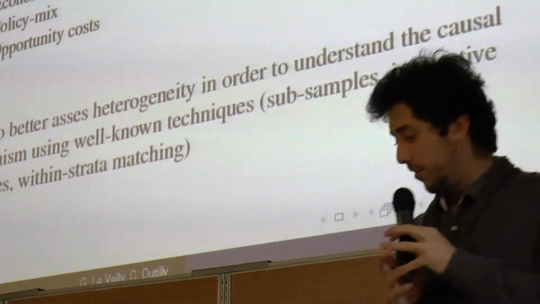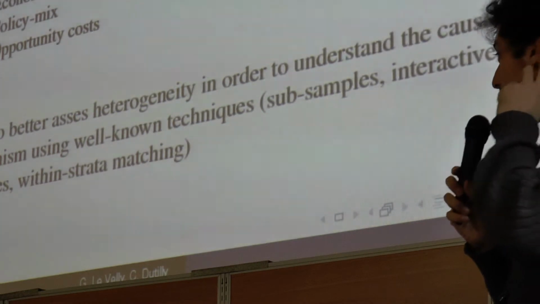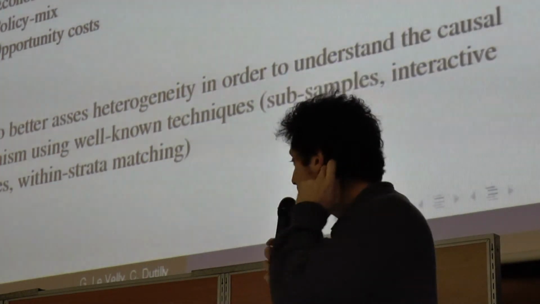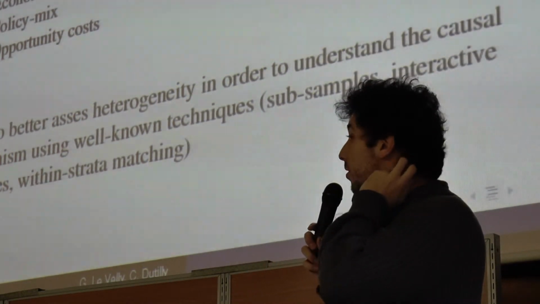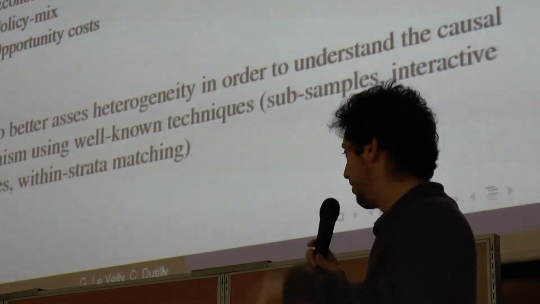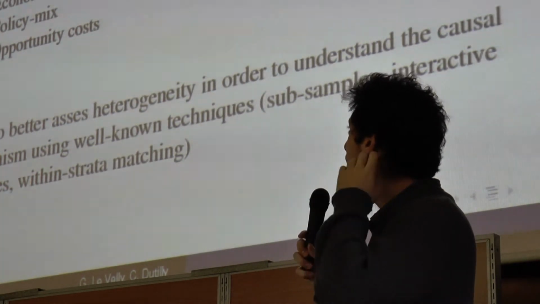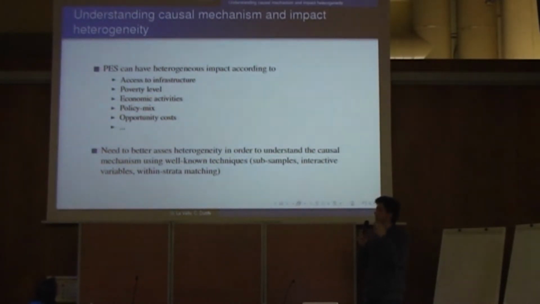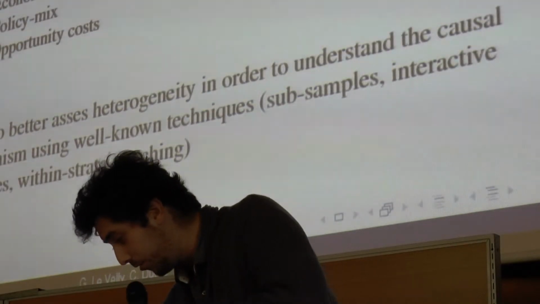That's something that some other person in the room will develop more in the forthcoming hours, so I'll be very quick. But PES can obviously have heterogeneous impacts, and you can find that some impacts are only on subgroups and not on the other groups. So the mean impact, the average impact, doesn't really make sense. There are techniques that can be used to assess heterogeneity. Shouldn't we use these techniques?